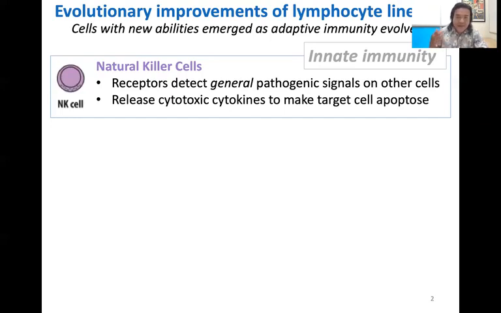But those innate effector cells, things like the macrophages, the neutrophils, even the granulocytes, like eosinophils, basophils, which we will talk about more later on, those are always concerned with just kind of targeting the pathogen directly,